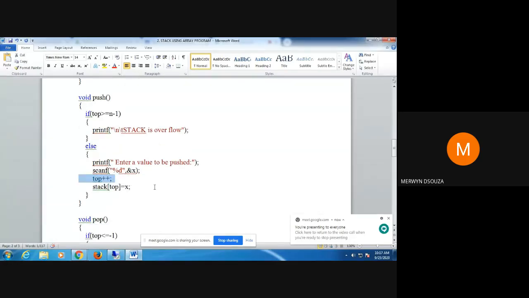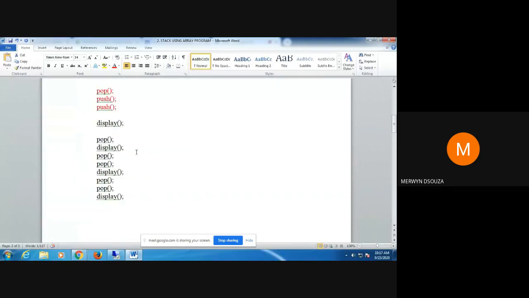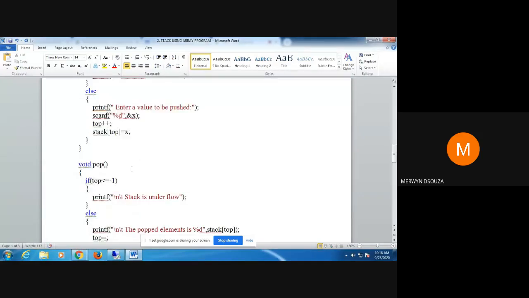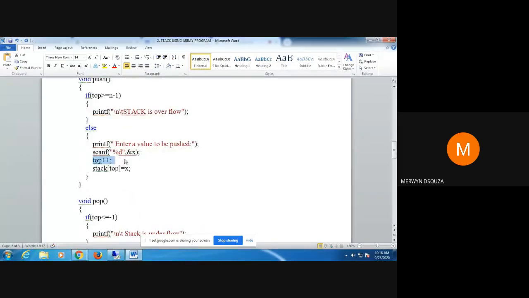So you want to make this 0 and then increment later on. I think it should work for you. But normally this is not the way we do it.